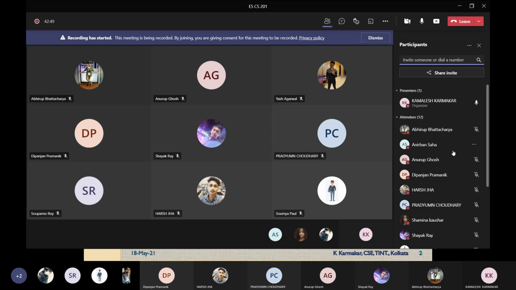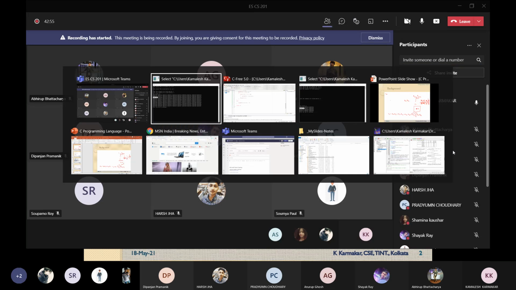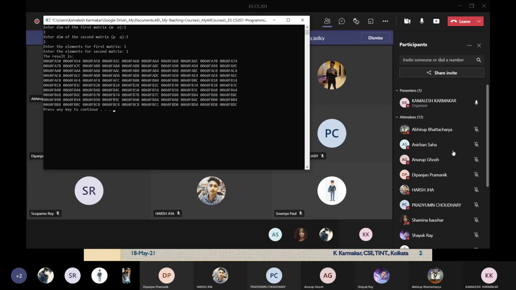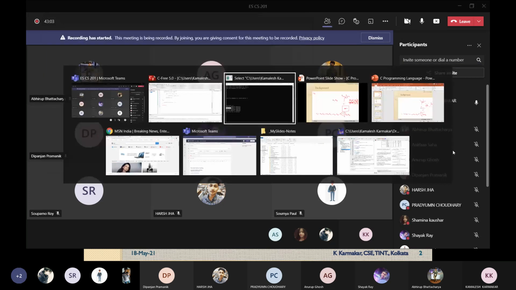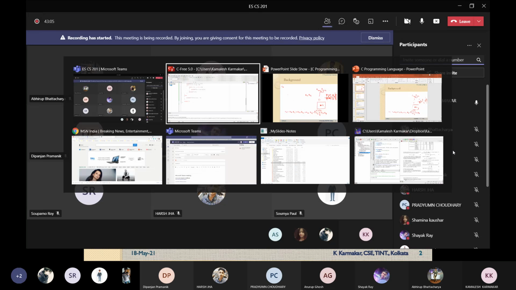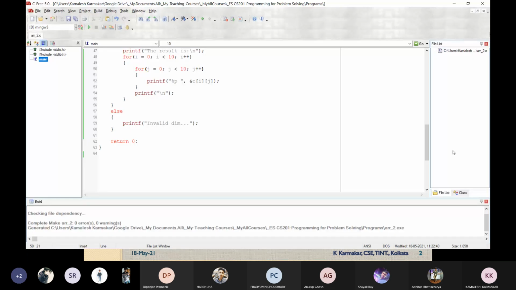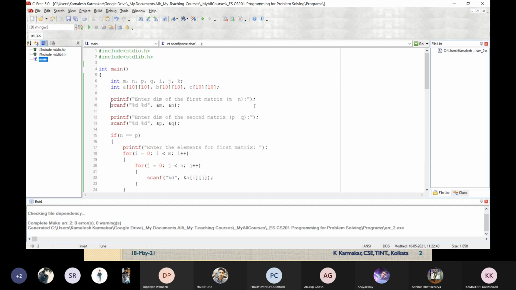Okay. Now let us understand. I want to terminate this terminal first. The terminal is running. Going back here. So in the previous class we have discussed how to pass an array to a function. Okay. So if we want to pass an array to a function, I will end this class just after passing the things within a function.